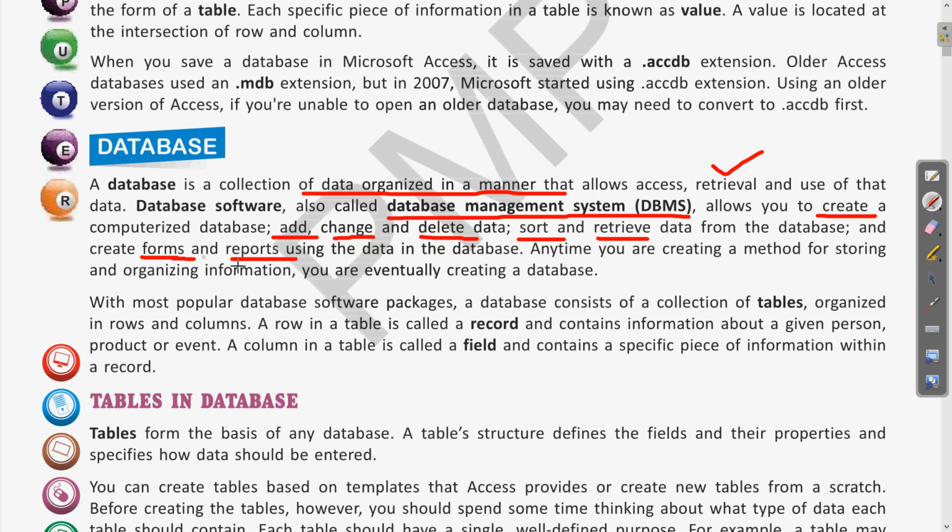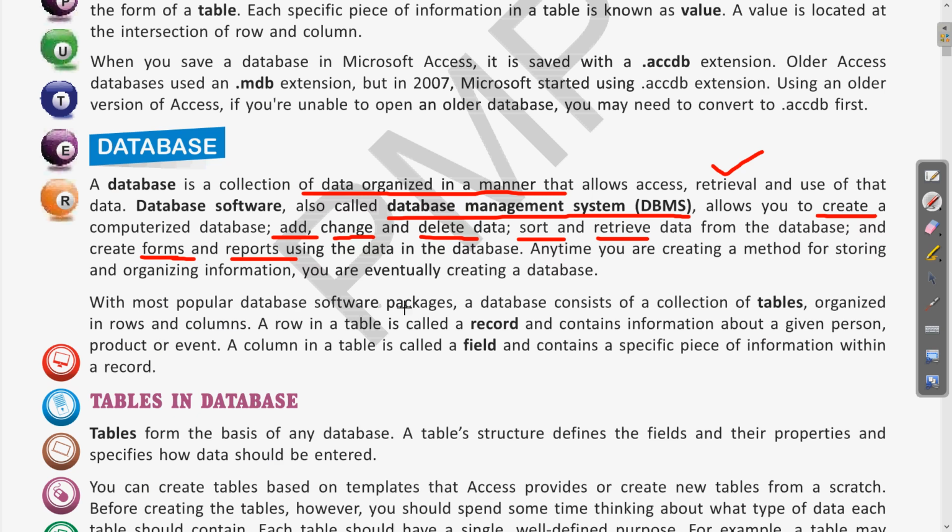Basically the database gives you different ways of organizing the data and also representing the data in different forms, so that we can present it in an appealing and attractive manner. Not only that, we can export the values, or merge the values from two different databases, and on the basis of more than two we can also create a combined query to fetch the values from different databases so that it can serve any purpose.